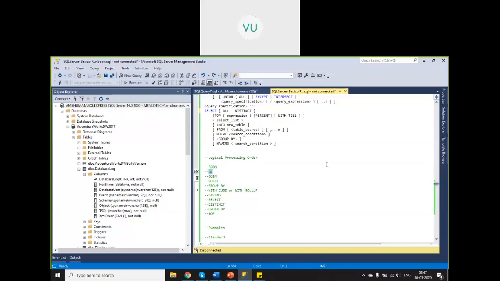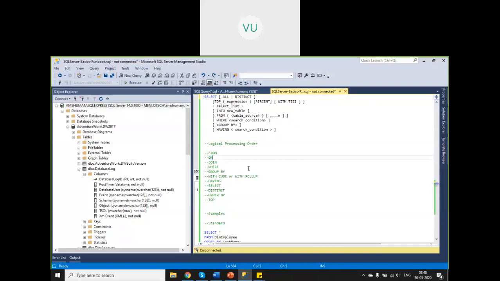ON means, if there are multiple tables, when you are joining the tables, you may pass some conditions like ON. When you say ON, that is the condition based on which you are retrieving the records from multiple tables. So it will look at ON if there are multiple tables, then it will look at JOIN. That means what kind of join you are performing on the tables. Shortly we'll see various types of joins.